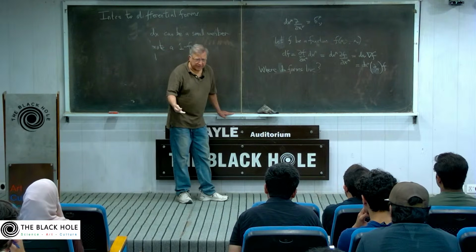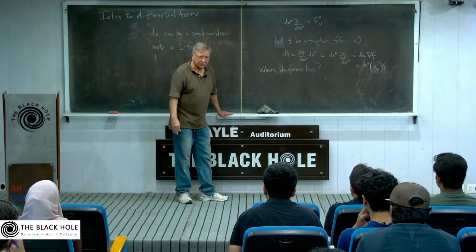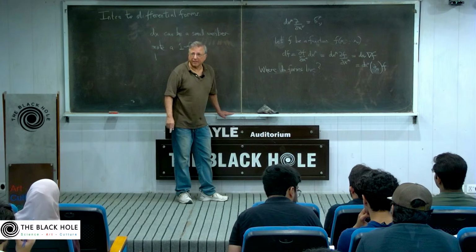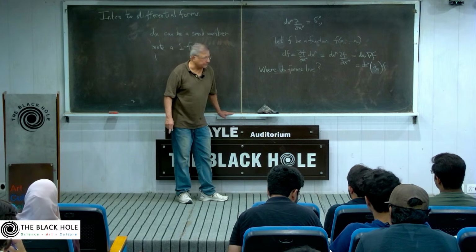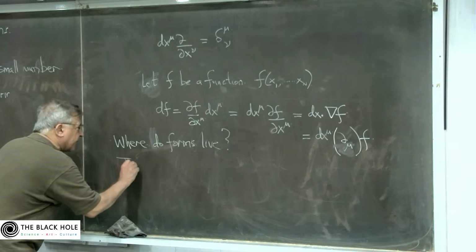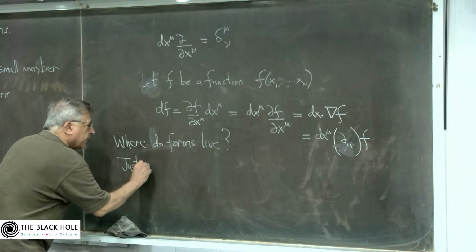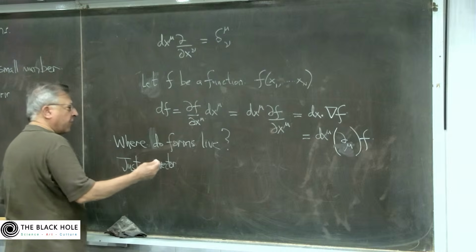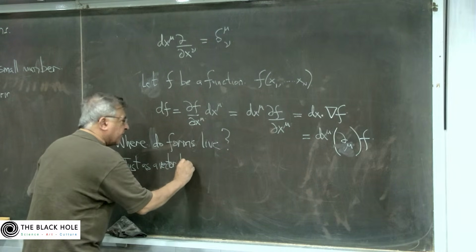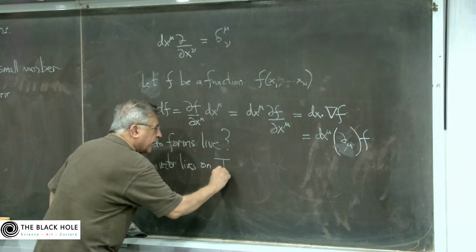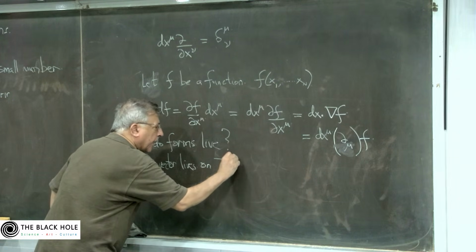We know where vectors live. We have their house address. A point P on the manifold where there's the tangent plane. So just as a vector belongs to or lives on T_P M,